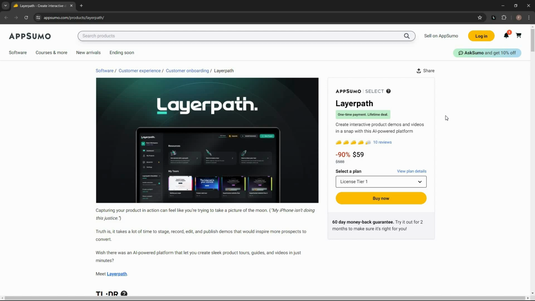So overall, I think Layerpath is an excellent tool that lets you create product demos, but you are not only limited to that. You can create product tours, product guides, step-by-step guides. And the best part is you can even use it as a Loom alternative. So it is going to screen record your video, and no matter what kind of content you create using Layerpath, product tour or the demo or the guide or even the video, everything is customizable with the advanced editor of